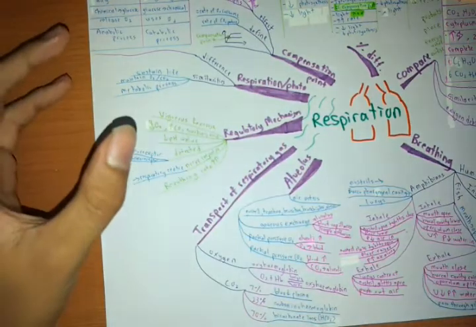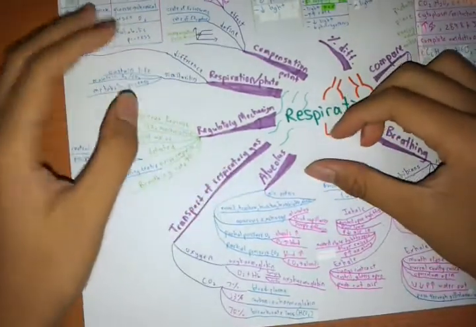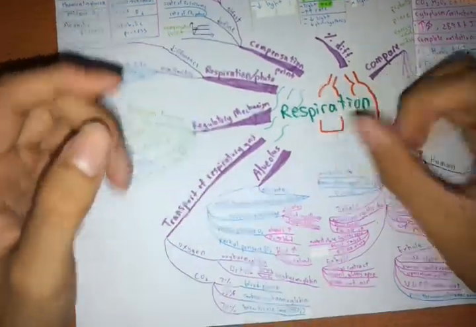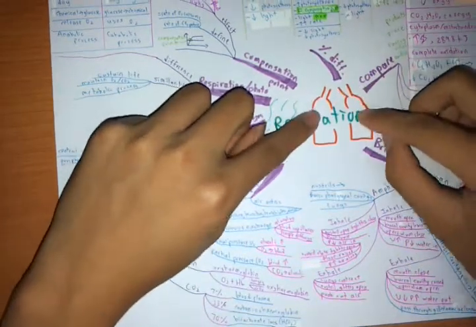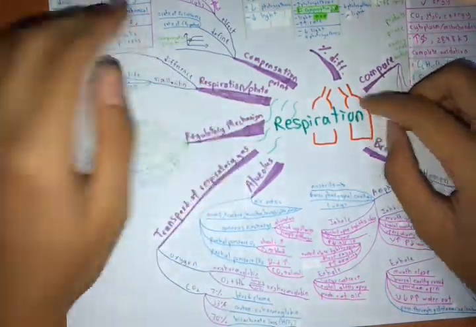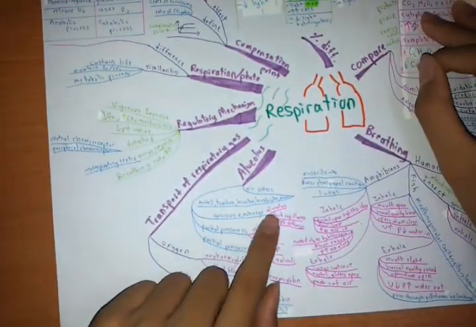Okay, let's talk a little bit about the alveolus and the transport of respiratory gas. You see, for the alveolus, the air we inhale enters through our nostril, then goes to our trachea, to our bronchus, then bronchioles, and then alveoli. At the last part there, alveolus is singular and alveoli is plural, and the gaseous exchange actually happens there